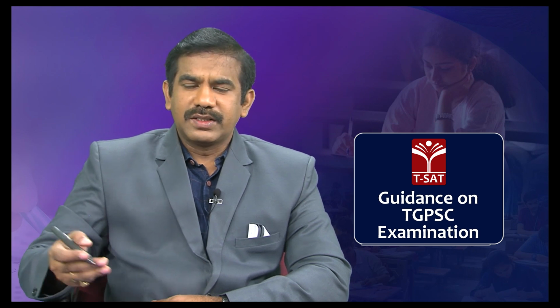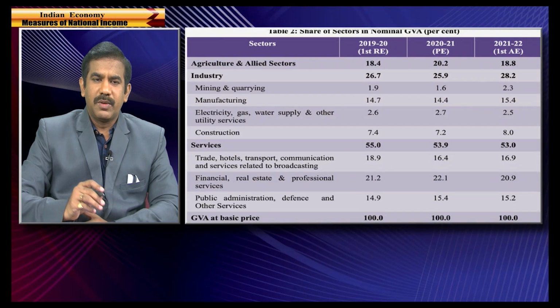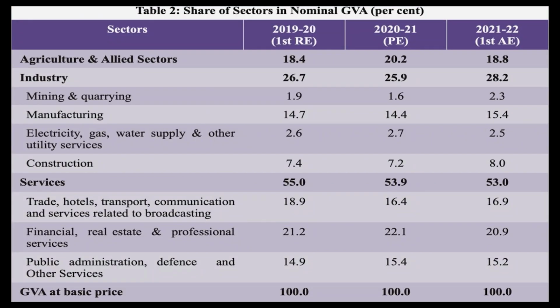And I think the same is what has been presented here. Now let's look at the very basic purpose of giving you this kind of presentation. I just want you to note down the most important aspect: what is the contribution of each sector to the overall GVA, or gross value addition? I mean, in which particular sector is the value addition taking place in a relatively larger amount? If you look at the current 2021-22 advance estimates, 53% of value addition in the economy comes from the service sector.